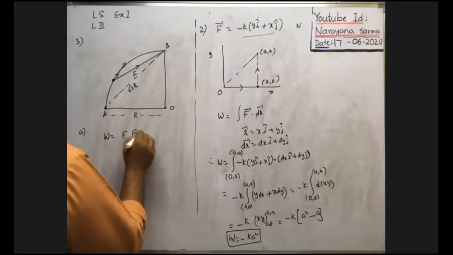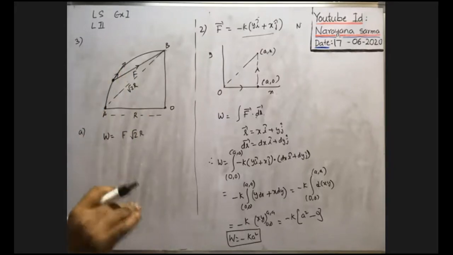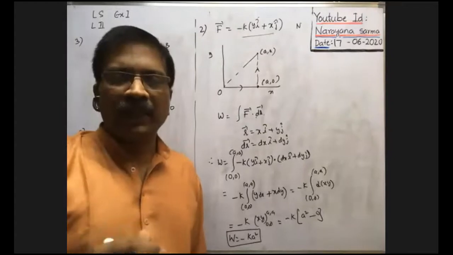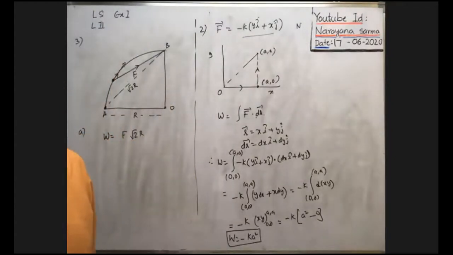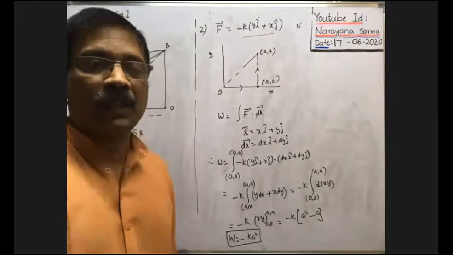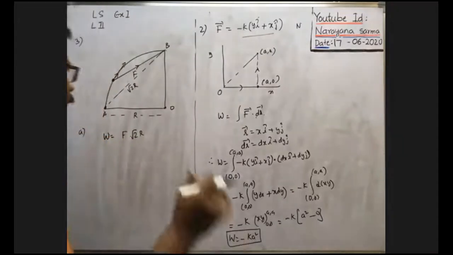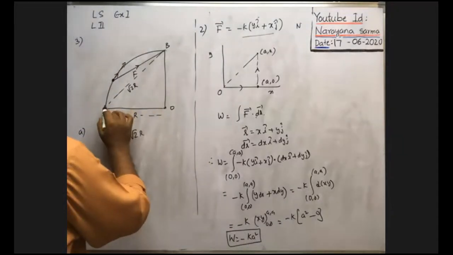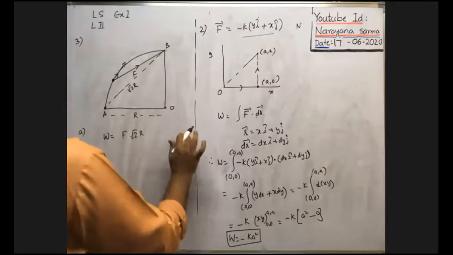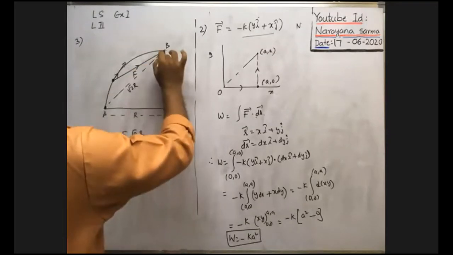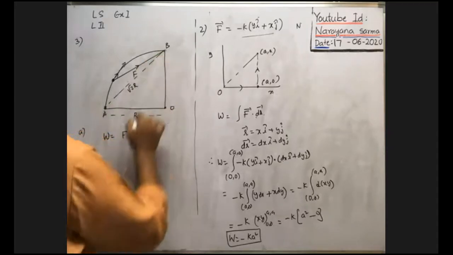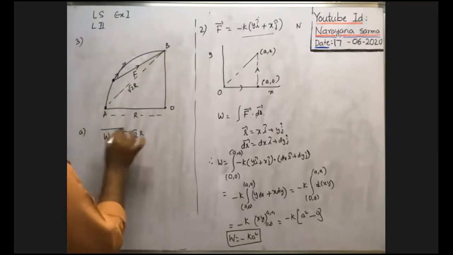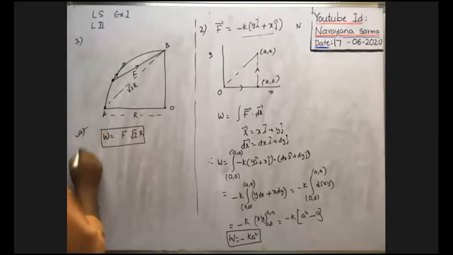We already did it by the integration method. In concepts I explained it clearly; we did that problem by the integration method. But here I am doing it directly. In case of a conservative force, the work done depends on the initial position and final position of the body only. And moreover, the force is always towards point B. That's why force into the displacement when the body travels from A to B, which is root 2 R. This is the work done in the first case. So option A is correct.